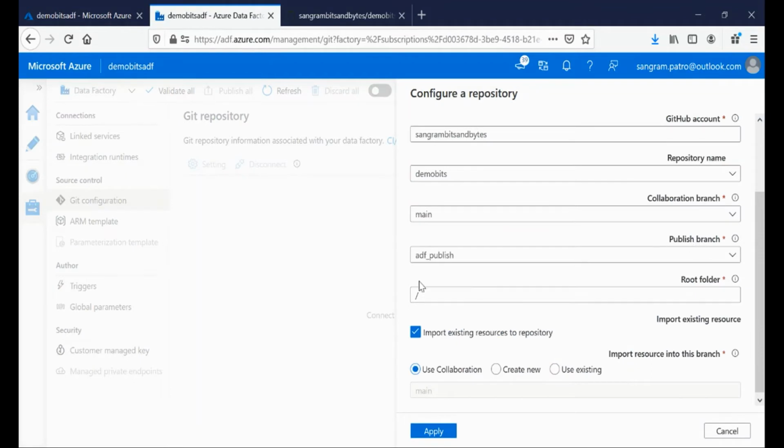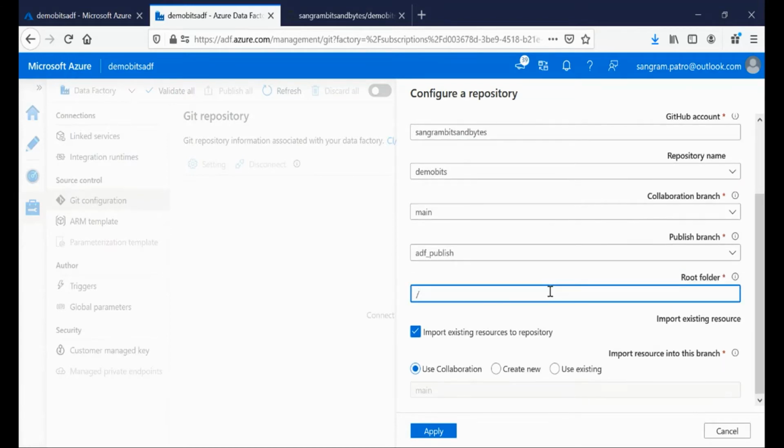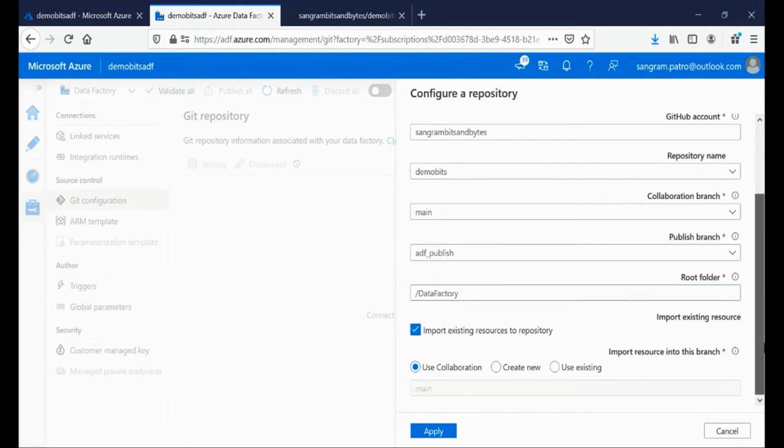And then the publish branch would be adf_publish, which is the data factory version of our repository. And then we can select a root folder. In this repository, we can have multiple code bases like data factory, SQL, etc. So I'll just name it data factory, and all my contents like datasets, pipelines, linked services, triggers, etc. will go to the data factory folder under this repository.